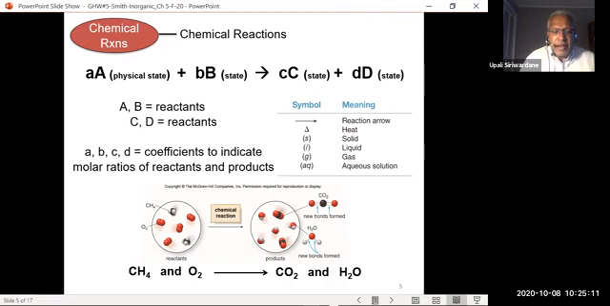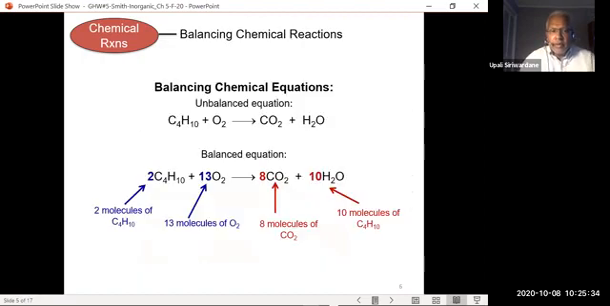For the reaction methane and oxygen going to carbon dioxide and water, that's the molecular view or atomic view of the reaction. We have a chemical equation, symbolized chemical equation of all these changes in the top equation. So balancing equation means number of atoms of each type of element on the reactant side should be equal to product side. So this reaction